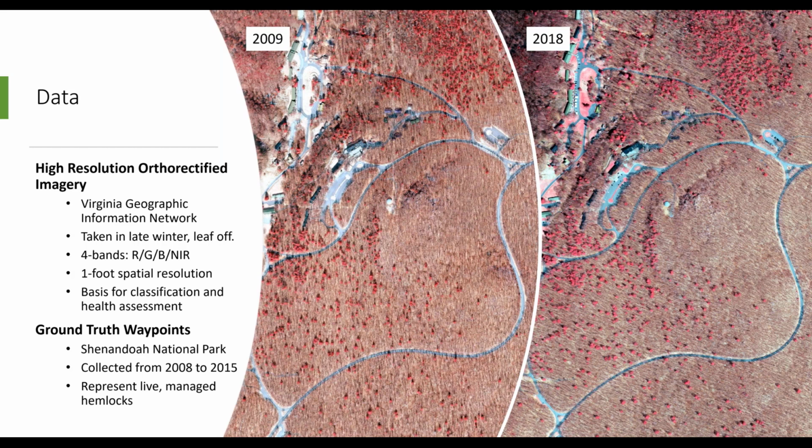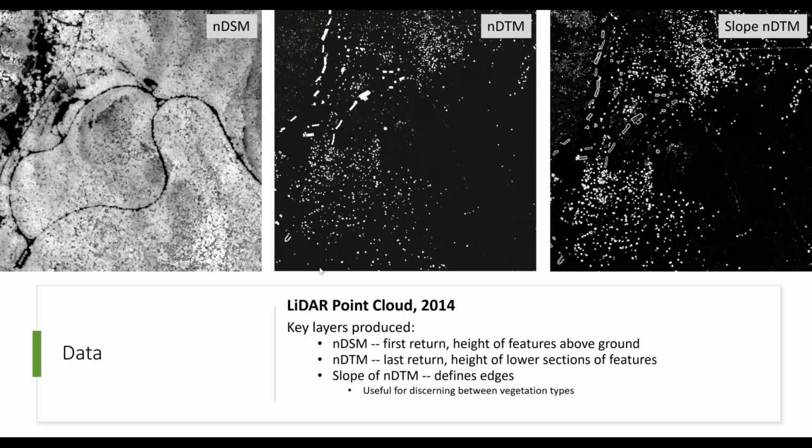2 additional types of data that I used with these efforts included ground truth data, along with making products from Lidar. The ground truth data was in the form of waypoints supplied from the park and represented live managed hemlocks. This information allowed for accuracy assessment and helped when I built identification tables for my knowledge-based classification. The Lidar point cloud was from 2014 and was used to make elevation layers to help with segmentation and object